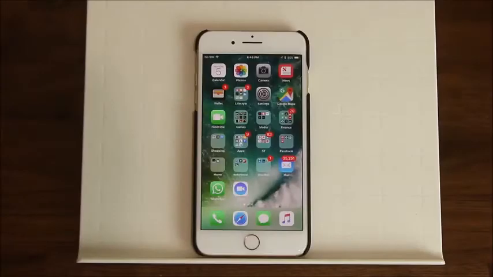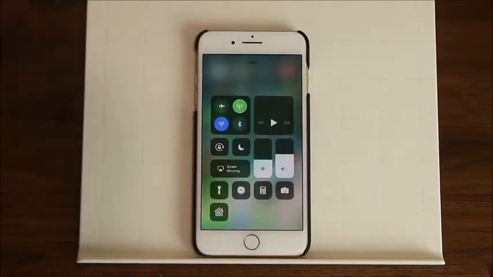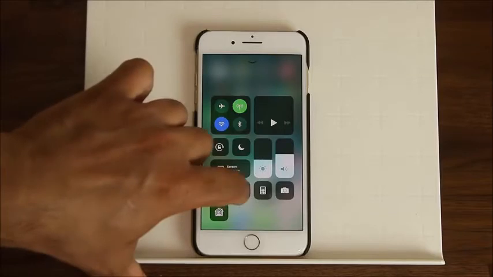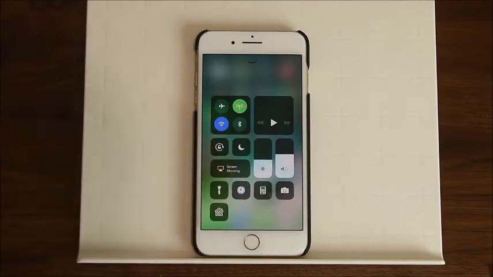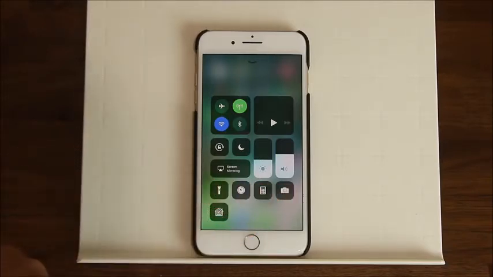Alright, so the first thing I want to talk about is the new Control Center, which has been redesigned. Let's pull it up from the bottom and see what we get. That's the new thing we have going on now. Knowing iOS 10, you had 3 different screens that you would swipe over to. In iOS 11, they consolidated everything together so that you get quick toggles